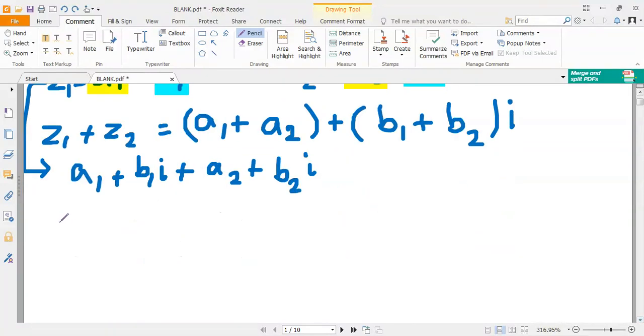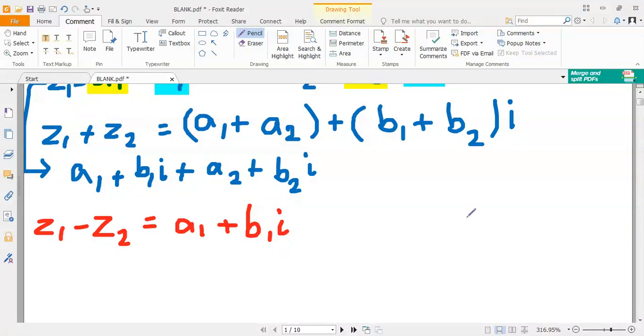Subtraction is pretty much the reverse of that, so it's easy, and it follows from a lot of the things that we have done already. If you're doing complex numbers, you have already done, I think you're at 8th or 9th or 10th standard, mathematics should be easy for you now. So if you want this step not to be skipped, then we can write this as a1 plus b1i, because that's z1. So we'll write a1 plus b1i.